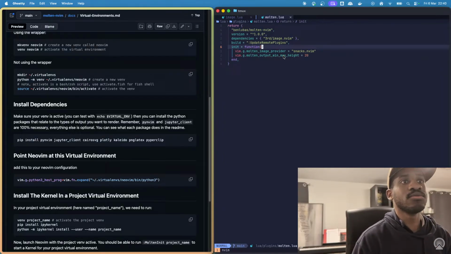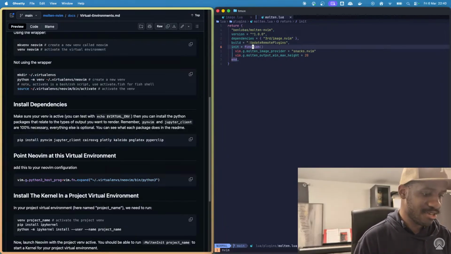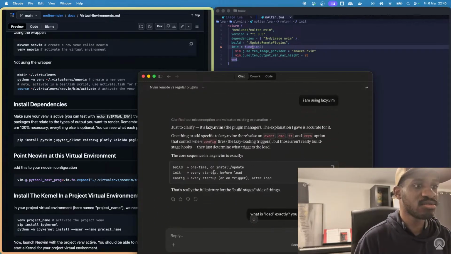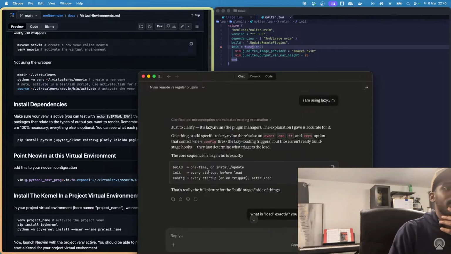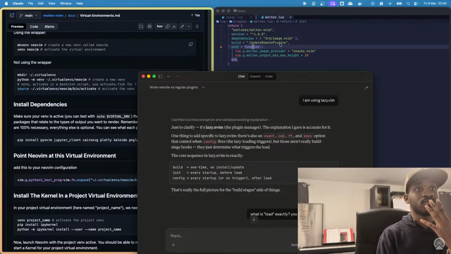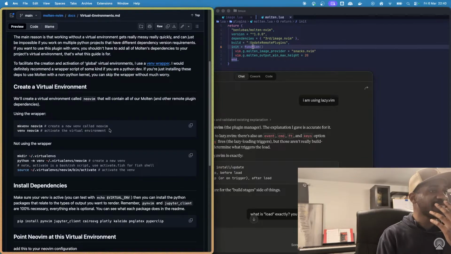Okay, so this init happens once on install. No, this happens before load, right? Build happens one time on install or updates, which is why we're updating remote plugins here. And config happens every startup. So here we are sourcing, I guess it depends on how Molten manages their environment, but